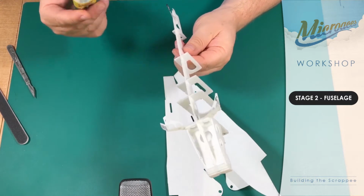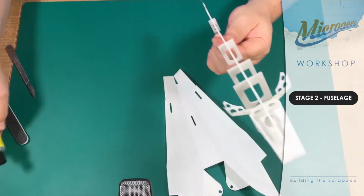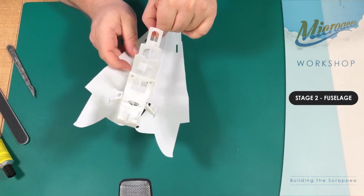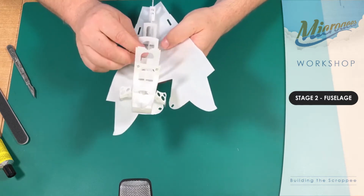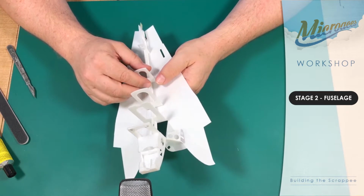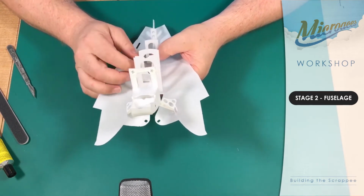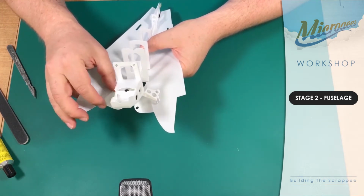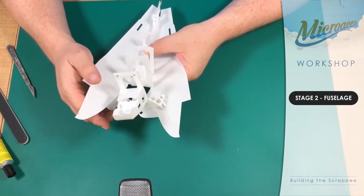There we go. And then, once I've got the glue out of the way, we can present that onto the skin. So locate our lug on the frame and then press everything down, bring the undercarriage around the undercarriage frame,